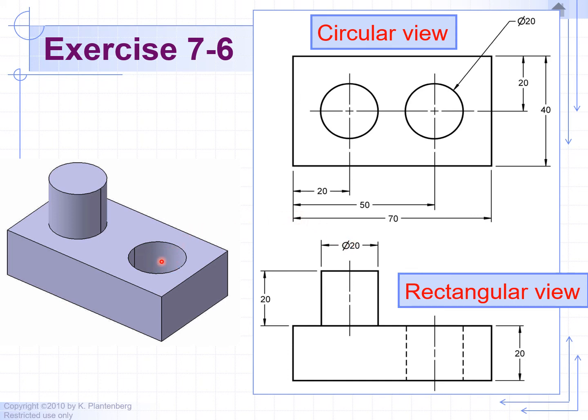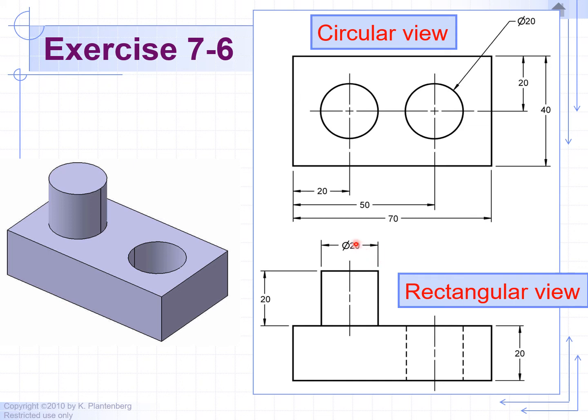Now, if you're dimensioning a hole, which is circular, cylindrical shape, but it's a hole, then you dimension the circle. So we do it in the circular view. So again, when you're dimensioning a circular hole, you dimension it in the circular view. If you're dimensioning a solid cylindrical shape, you dimension it in the rectangular view. And the reason this is done is just in case you don't have this isometric view that we see here on the left. If all we have is a front and top view, an experienced drafter, an inspector, a machinist,